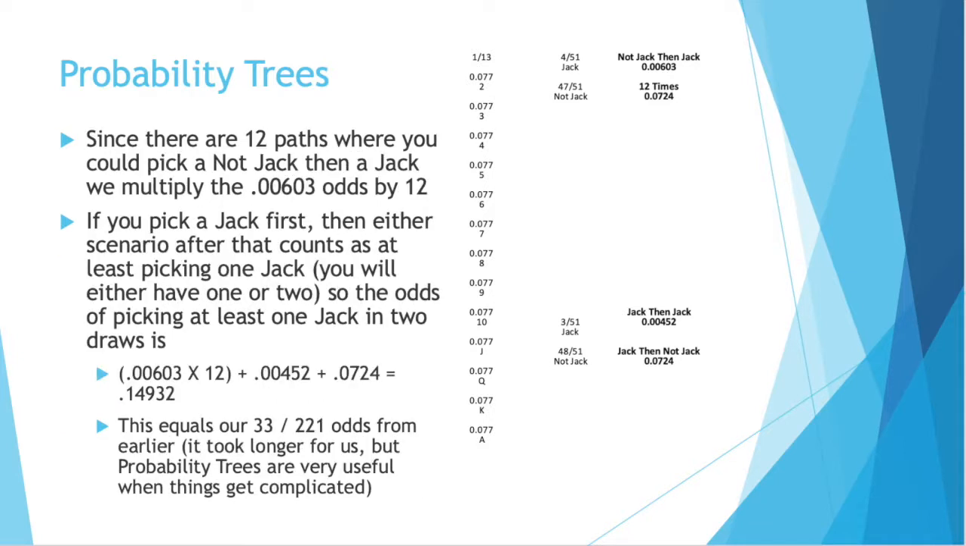So by adding together the probability of all those paths, remember, not a jack then jack can happen 12 times, a jack then a jack can happen once, and a jack then not a jack can happen once. Adding those 14 paths together, where you get at least a jack, results in 0.14932. And guess what this equals? 33 over 221. So we got to the same answer the equation gave us,